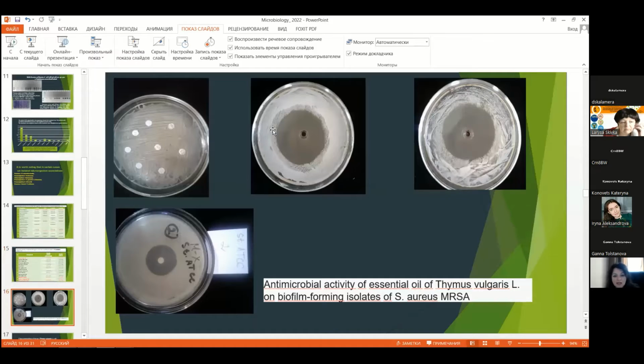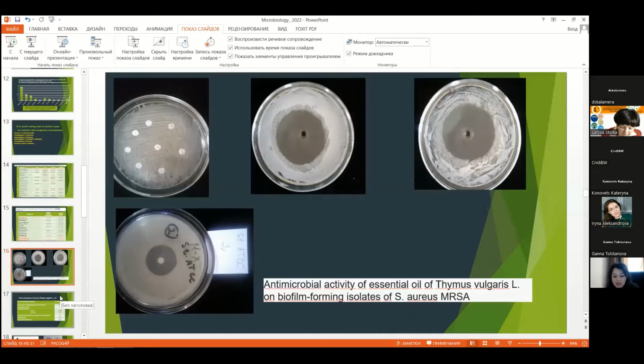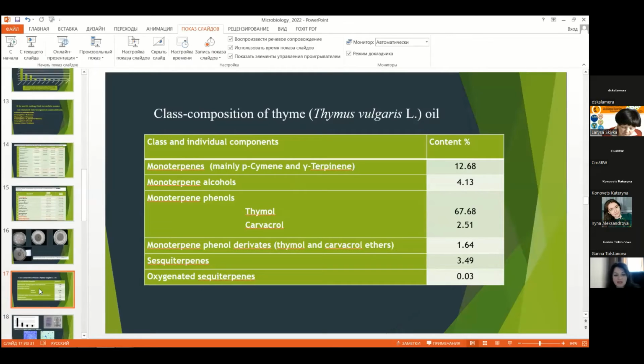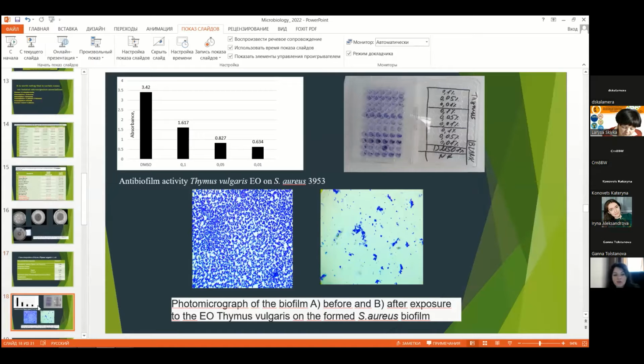And on this slide, you can see the growing of the antibiotic resistance bacteria and the result of antimicrobial activity. According to the determination of composition of thyme essential oils, we see that these essential oils contain the highest level of thymol, 67%. The determination of antibiofilm activity showed that the highest effect was characterized to the Thyme essential oils and Oregano